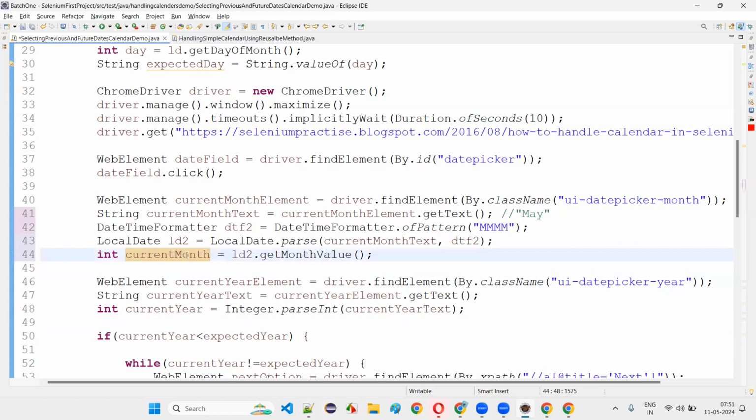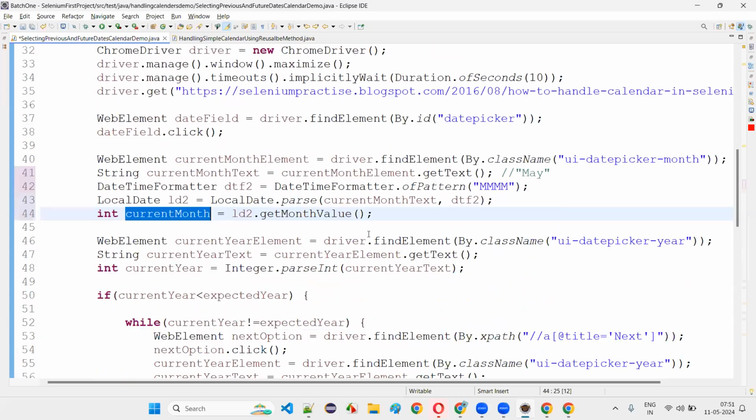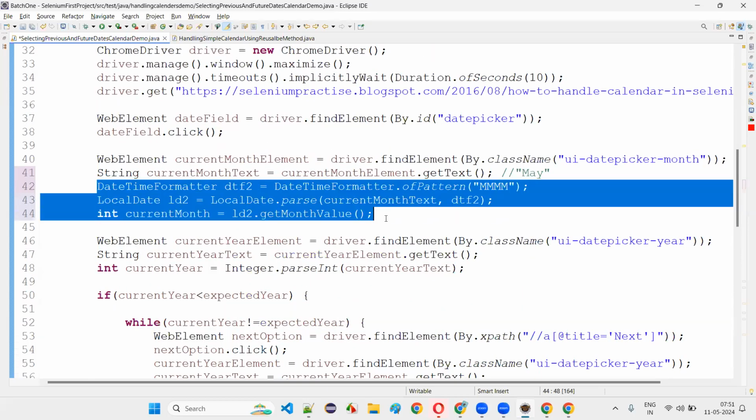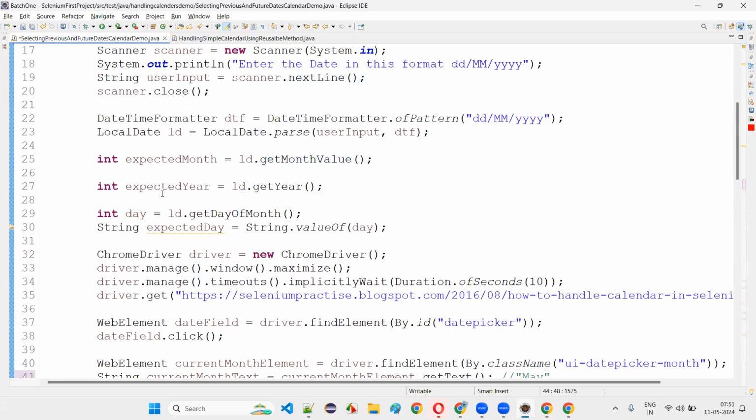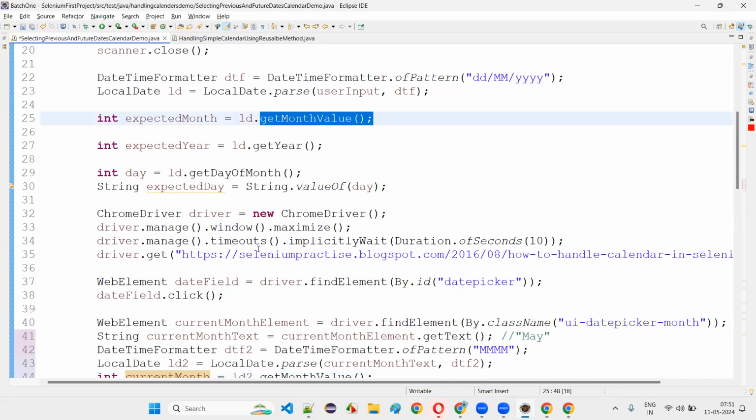Let's see what will happen here. Will this work or not? First of all, I applied the same technique for converting the month in that format to the month value, whatever I did here with get month value. Here also